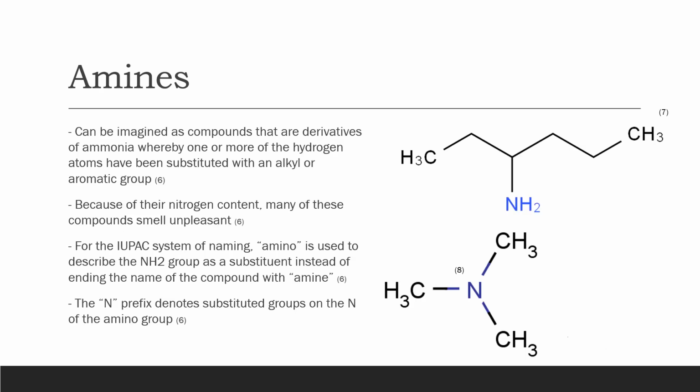Next, let's go through amines. Amines are named using the IUPAC system of naming, where amino is used as a prefix to indicate the NH2 as a substituent, as opposed to the common way that we are used to naming amines, with ending the name of the compound with amine. So let's go through